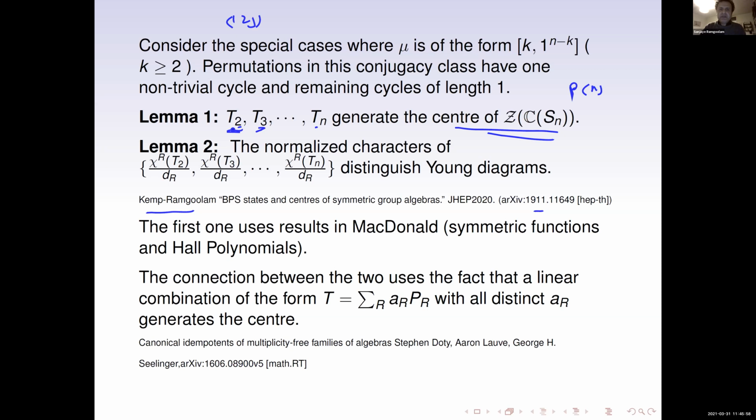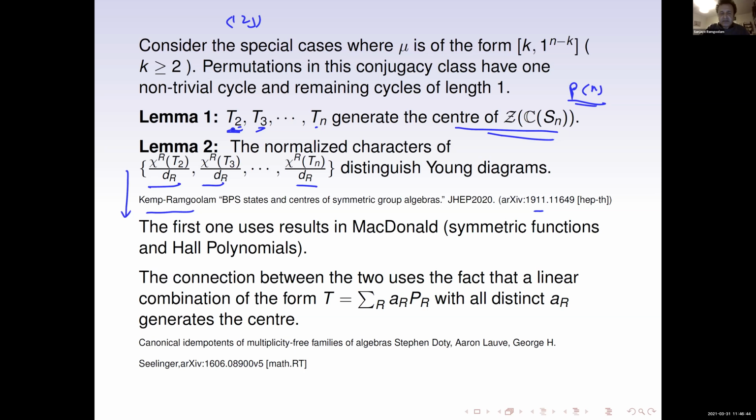So you have only n of them, but you can generate the whole thing by taking arbitrary products of these things. A related fact is that these normalized characters, which are integers, for T2 up to Tn, here's a list of normalized characters. I can think about this for Young diagram R, and I can scan over Young diagrams. These lists of normalized characters, if I take T2 up to Tn, they distinguish Young diagrams. No two Young diagrams will have the same list of this kind if